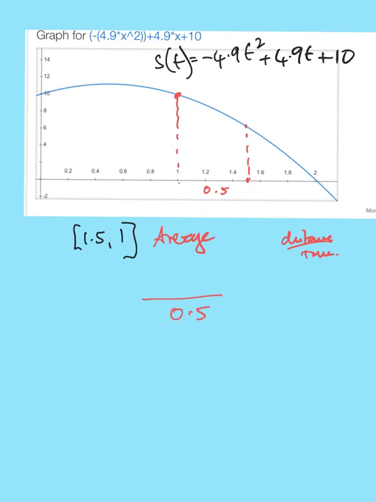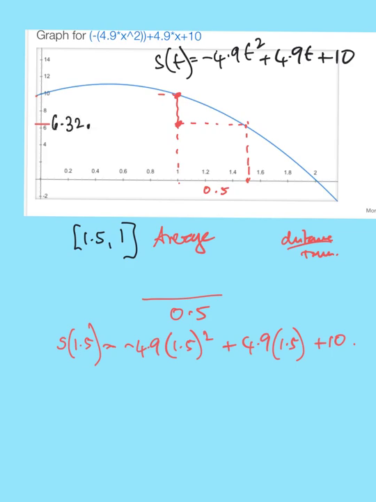Okay, now what about this distance here? So we need to find out what the distance is here and here. What's that going to be? To find the distance at 1.5, I would have to put 1.5 into the equation and figure that out that way, because measuring it won't really be accurate unless I've got a really accurate graph, and that comes out at